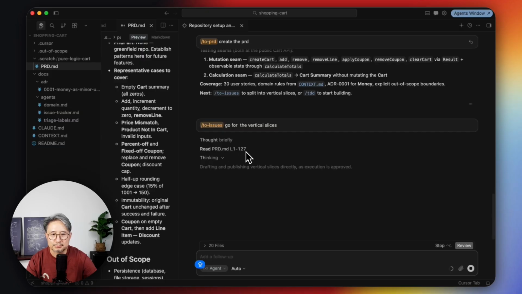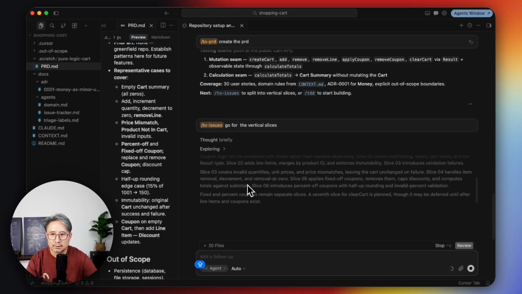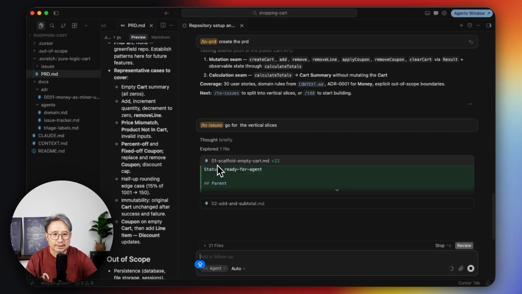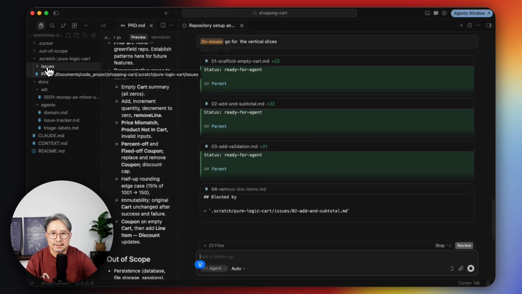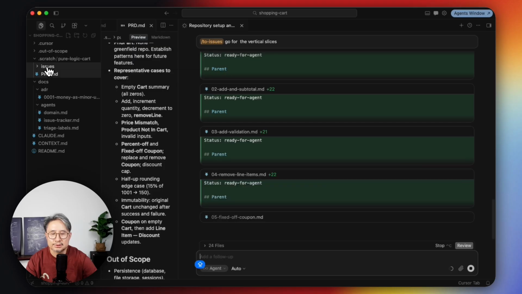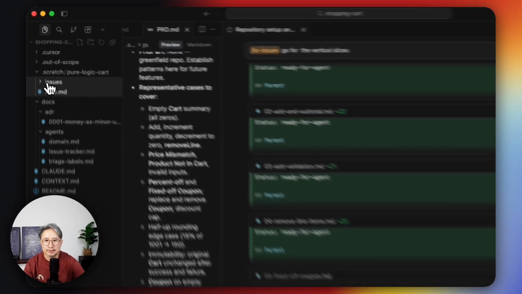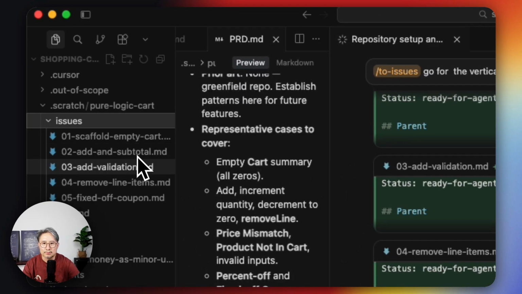So we read the PRD first. You see that it starts to make slices from the PRD. All the slice requirements, decisions, and designs will be in the issues folder.